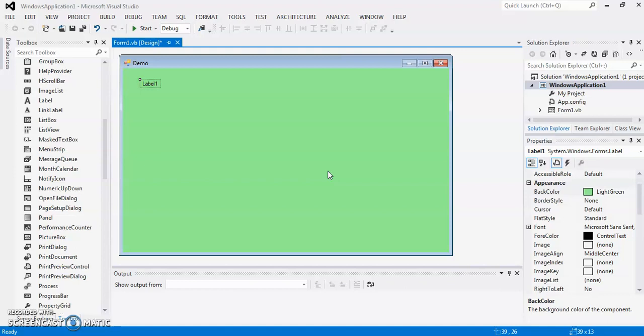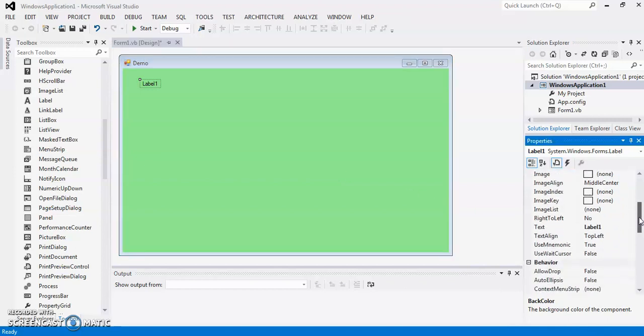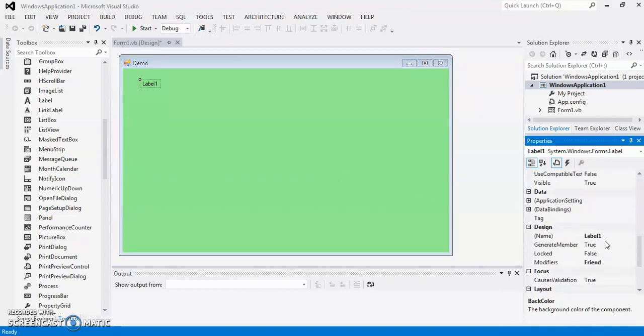So properly naming a label helps you to identify the correct label. So first we are going to change the name. So here is the name property. I am writing in short LBL for label, and if you are going to use it to display the name, you can type LBL name.